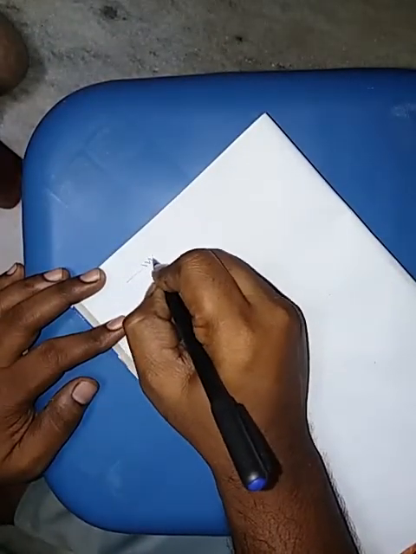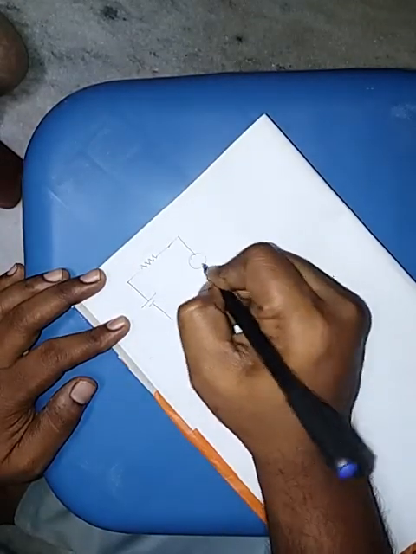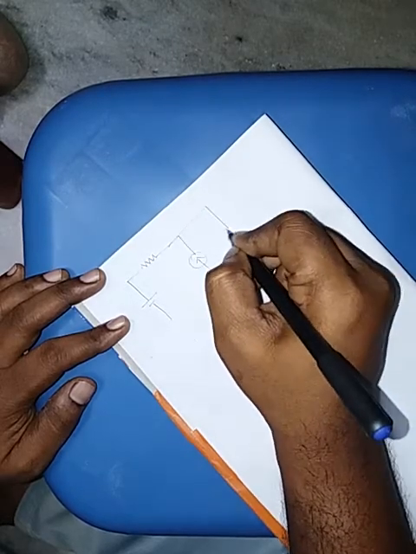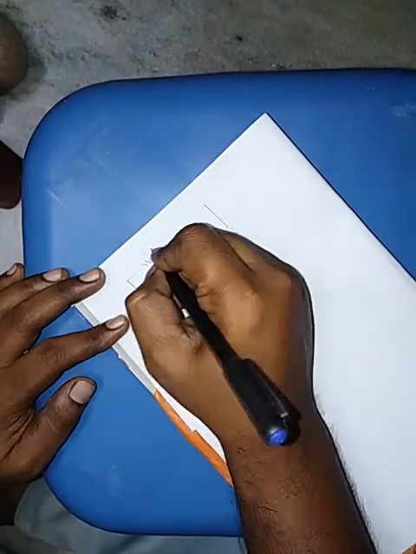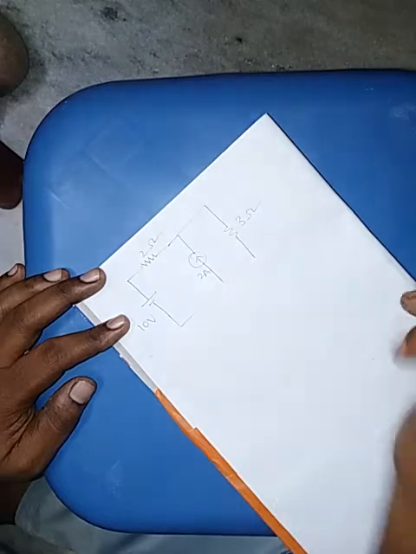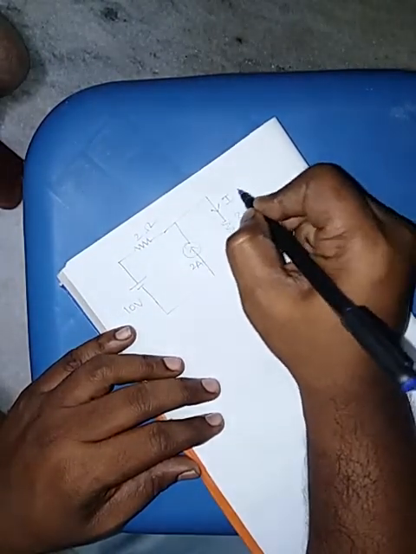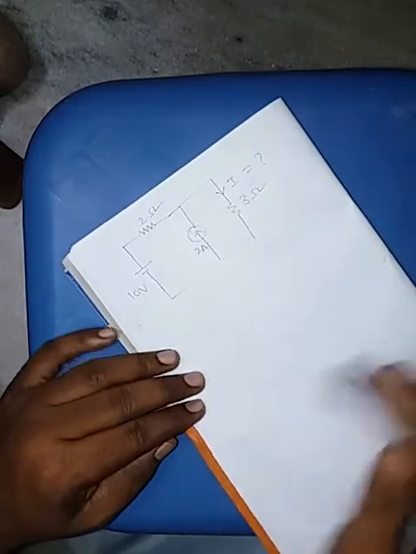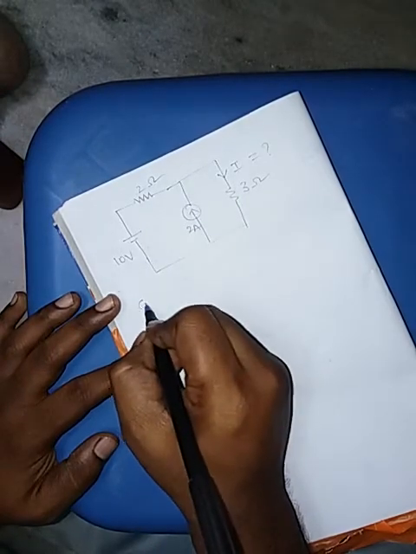So for example, let us consider this network. This is one voltage source, current source, and resistors: 10 volts, 2 ohms, 3 ohms, and here this is 2 amperes. Now the question is, how much current is passing through the 3 ohms? What is the value of I? Here we apply the superposition principle. How? Case 1.